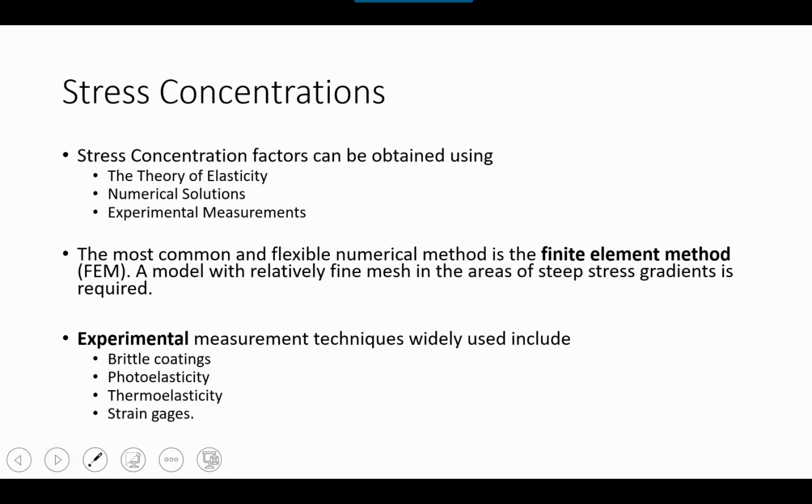Now, stress concentration factors, these charts as well as the stress field equations, can be obtained not just from the theory of elasticity, but they also, and most commonly, are obtained from numerical solutions, such as the finite element method, where the geometry and loading condition is simulated in a finite element software, assuming a linear elastic material, and with fine enough mesh, you're able to approximate what the stress field is and what the stress concentration factor is